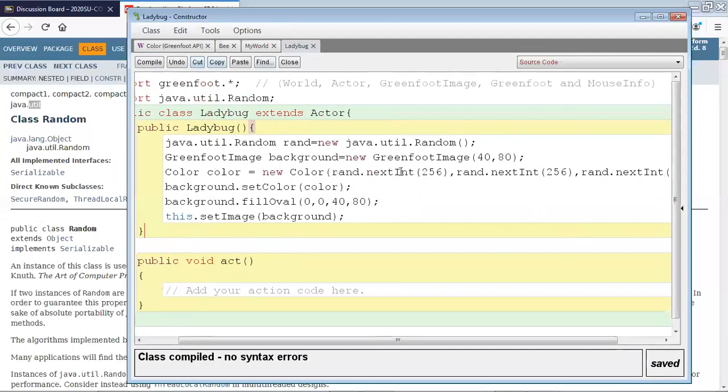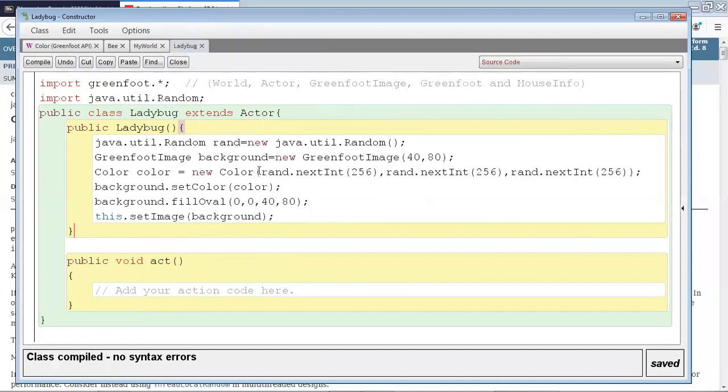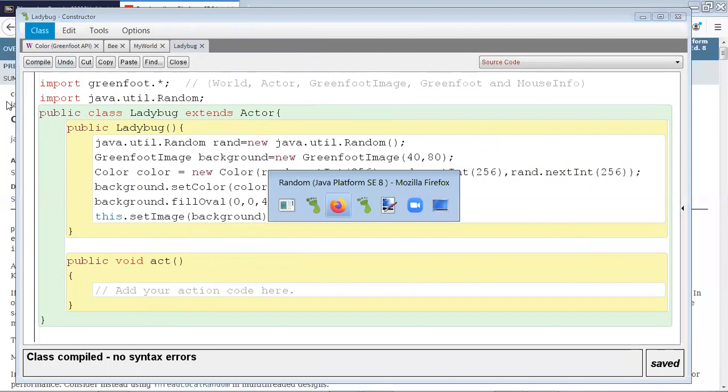2 more times. So 3 times is going to generate. I don't even know what colors it's going to generate, but it's going to generate values from 0 to 255 randomly. And that's what we're going to assign to our bumblebee or whatever,